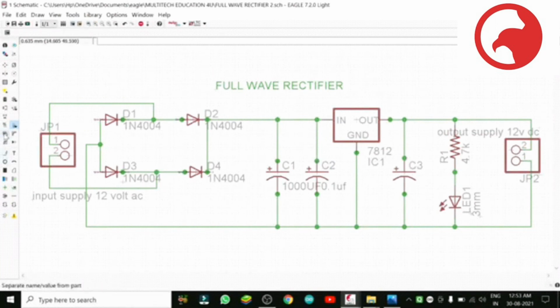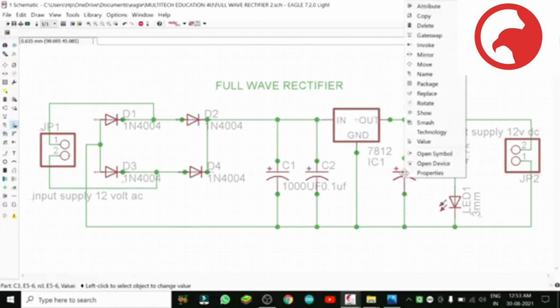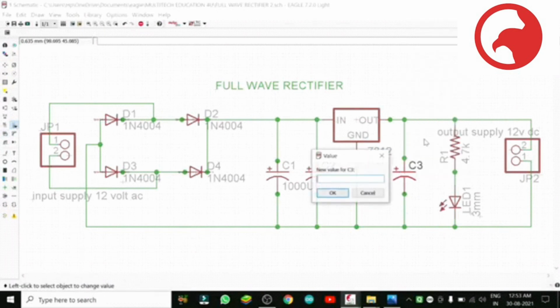Here the value we have to write down, C3. So I select the value from there and click in the center, select the value and write it down. So need to check only.